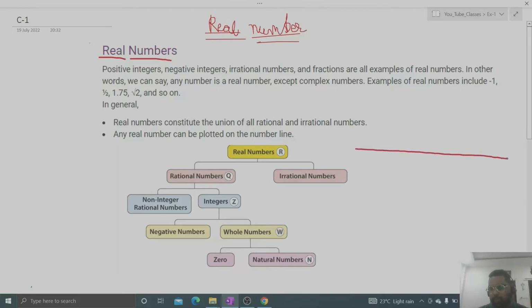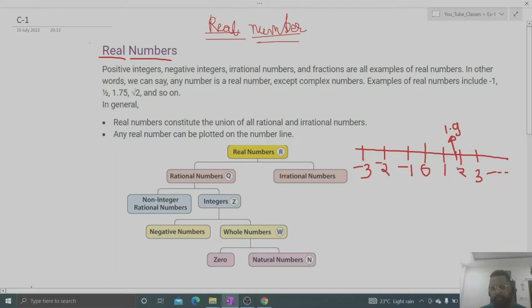Fine. Okay. So you can see here, this is a number line, and if I write 0 here, then this is 1 and this is 2, 3, and the numbers keep going on. There is no end of the numbers on the number line. And here the negative numbers come: -1, -2, -3. So every number which can be represented on this number line, suppose a number like 1.9, is also a real number. Its basic definition is that every number which can be represented on the number line is known as a real number.